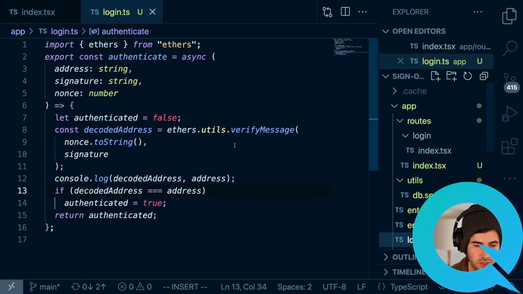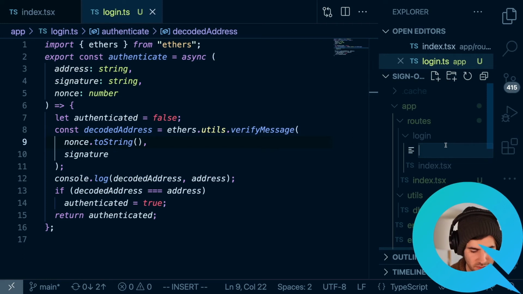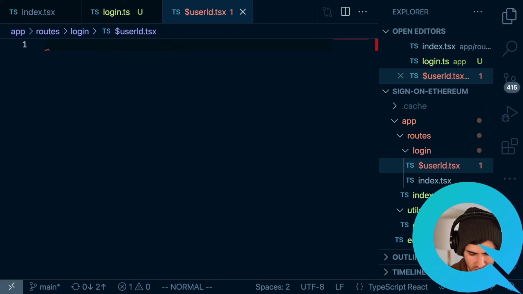And so the next thing that we want to do with that in mind and all of that working is actually go ahead and create a dynamic route. And the way that Remix does this is with the $ sign. And so we'll say $userId.tsx. And for that, what we're going to do is create the loader function that I was talking about earlier. Actions are used to submit data using Remix, and loader functions is how we can pull data from the server.